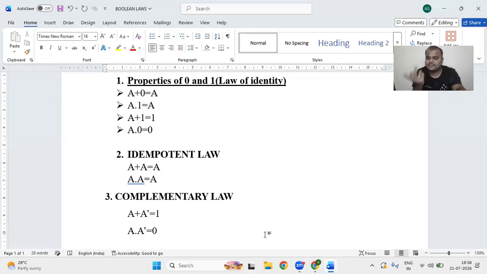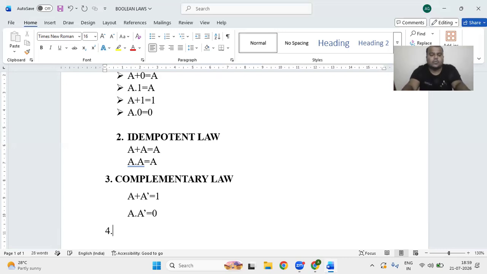Complement means it's the opposite. 0 complement is 1, 0 plus 1 is 1. If A is 1, its complement is 0, 1 plus 0 is 1. And A into 0: if one input is 1, the complement is 0. Any number into 0 you'll get 0. Which law is this? Complementary law. Got it? Next I can go to the